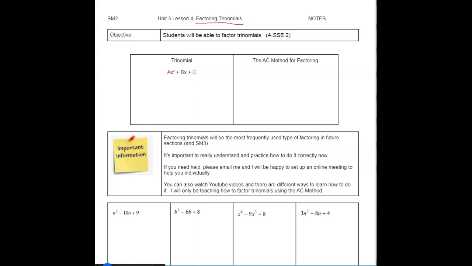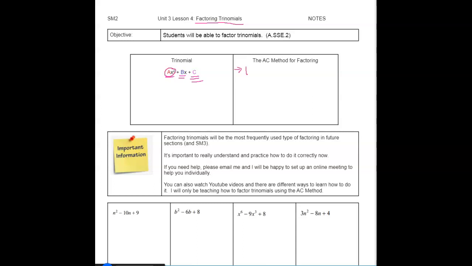So we've done perfect squares with 2 terms. Common factoring can be all terms. Grouping has 4 terms, and a trinomial will now have 3 parts to it: x squared, a bx term, and a number at the end. So that's called a trinomial. There can be a coefficient in front of the x squared. It can be 1 or another number, but this method works for both, so you don't have to do anything differently. So for the AC method, what you're going to do is,